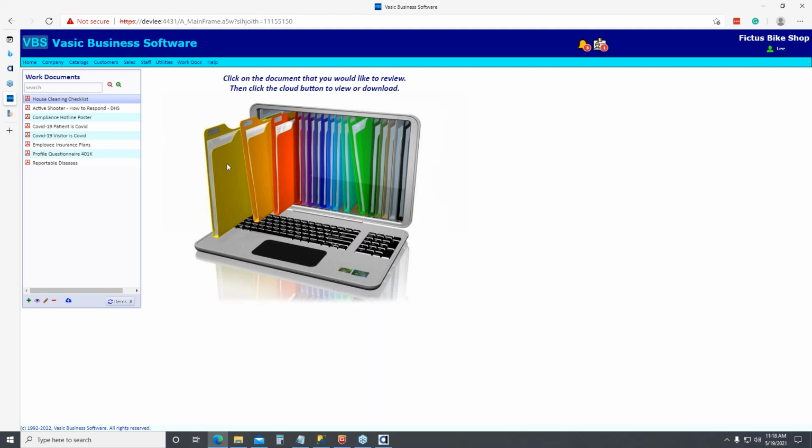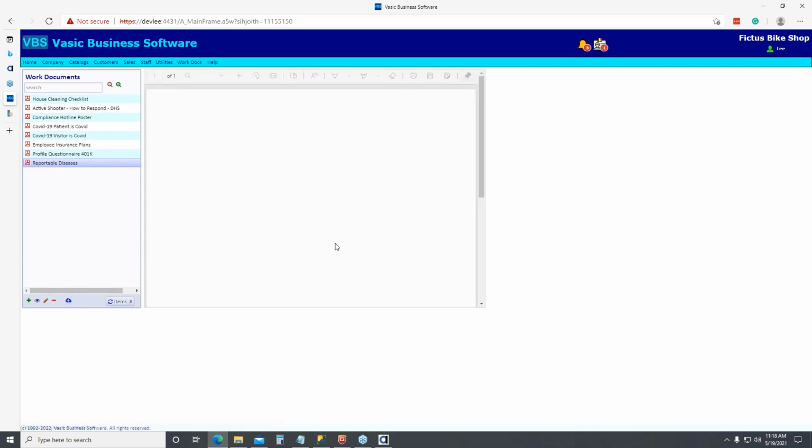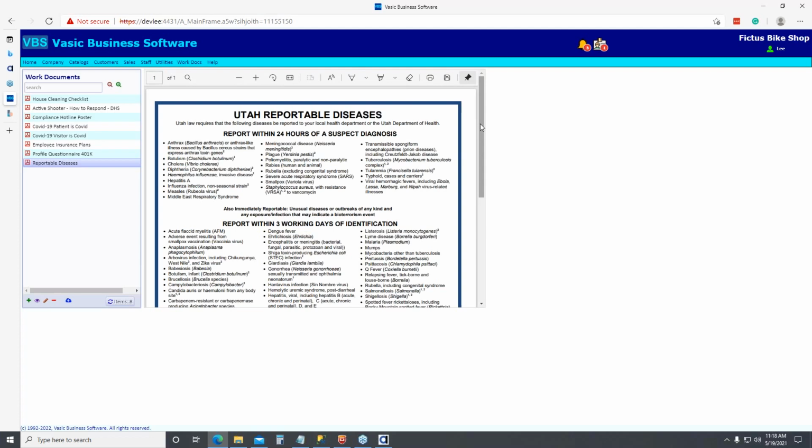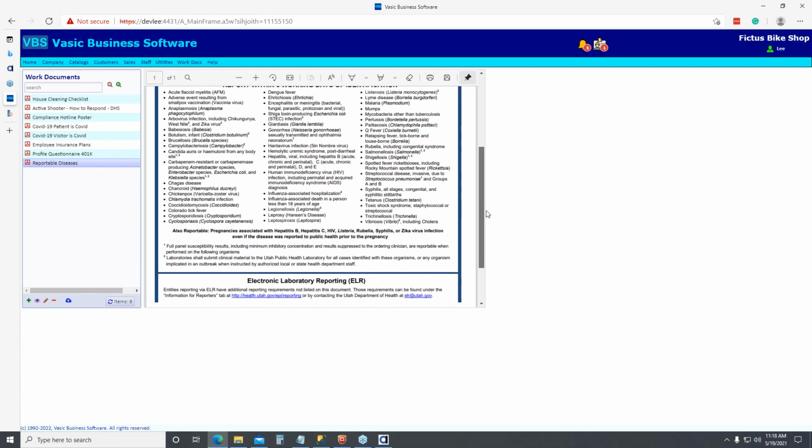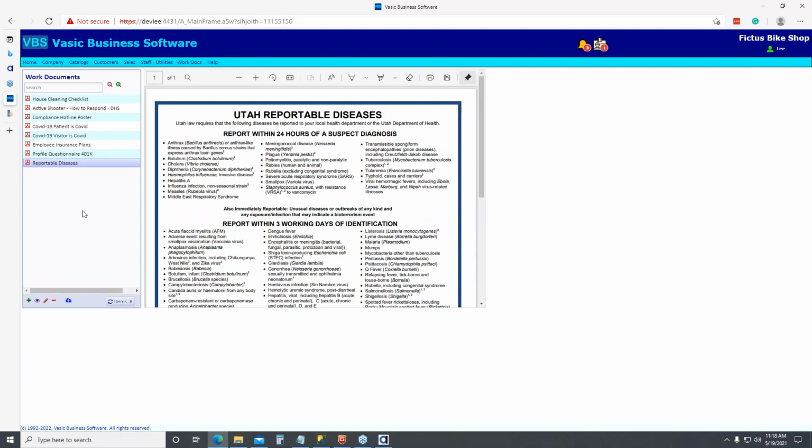Usually I have three of these in the system. I have one for the employees' documents, I have one for the company documents like contracts and those kinds of things, and then I have one here for the general WorkDocs. For example, if we wanted to see what are the reportable diseases that we're supposed to report if our employees get them, here's Utah reportable diseases. We just keep all these documents here because it's so easy to get them and maintain them